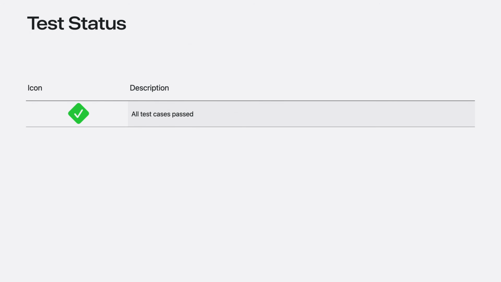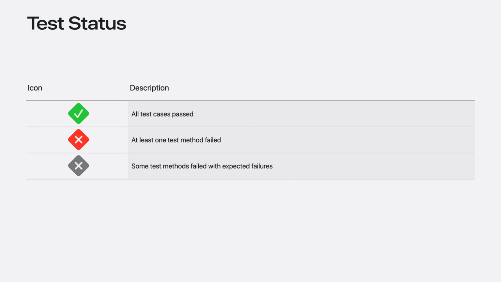Besides the soothing green check and the well-meaning but off-putting red X, there are several other test statuses that you might see in Xcode. I want to tell you how to use them. Sometimes it isn't possible to fix a test. If you're a fan of test-driven development, you may have written the test before the API is even functional. You can mark these tests as expected failures. They'll show up as a gray icon with an X.